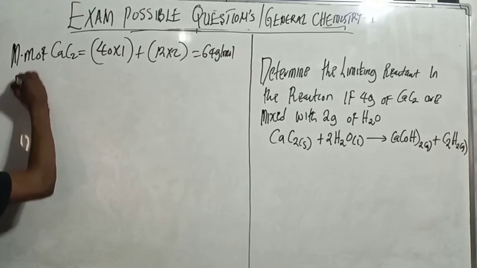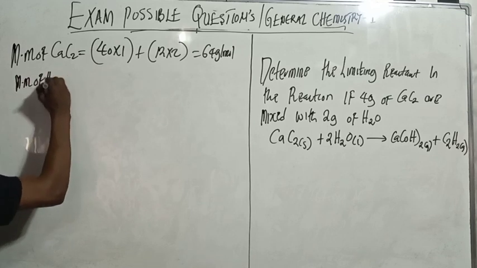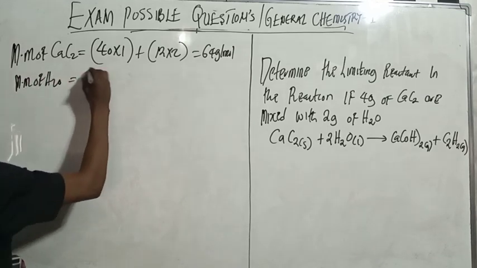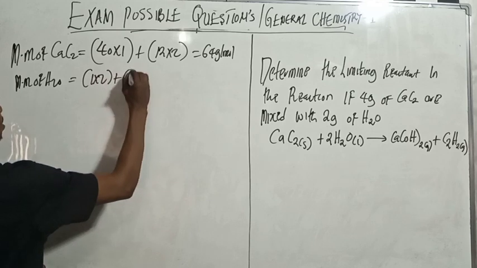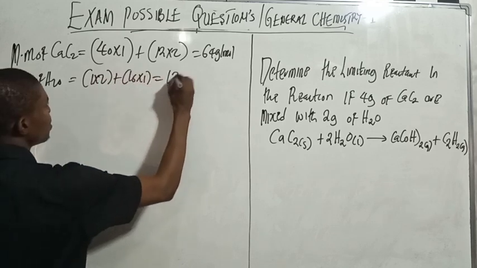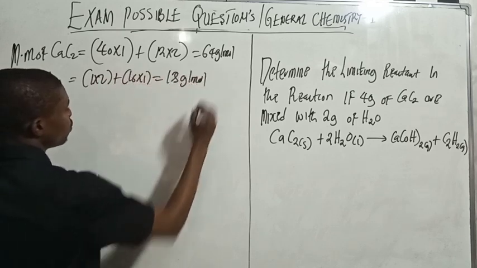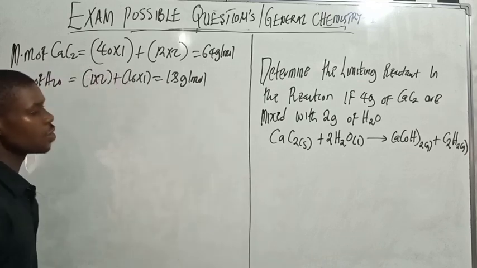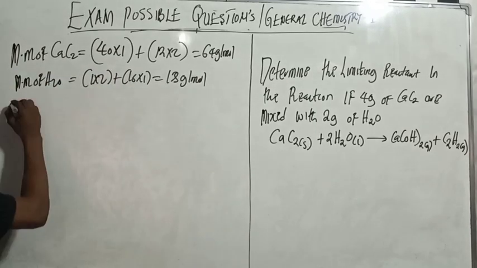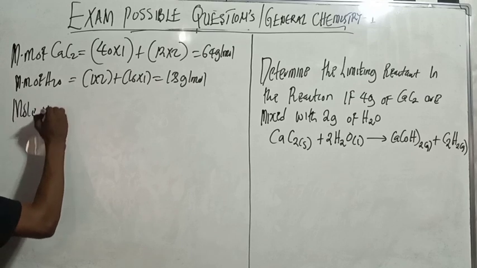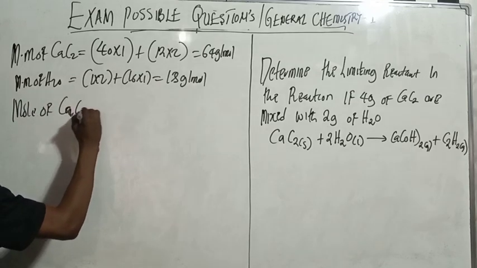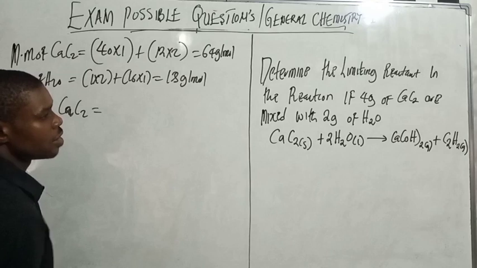So molar mass of water, H2O, is 1 times 2 plus 16 times 1. You're going to get 18 gram per mole. So the next one to do is to calculate the mole. So the mole of calcium carbide is going to be mass over